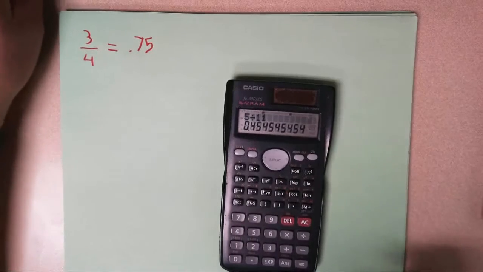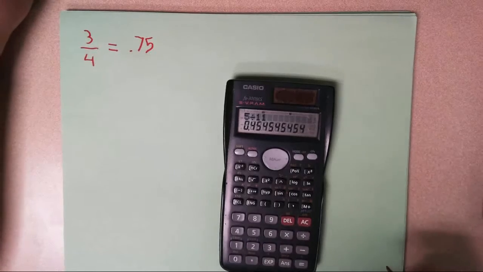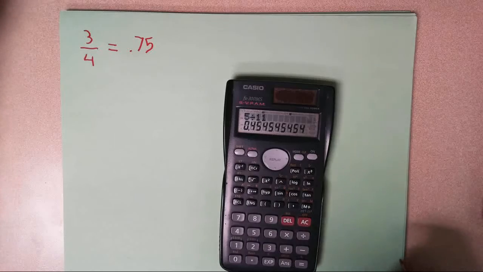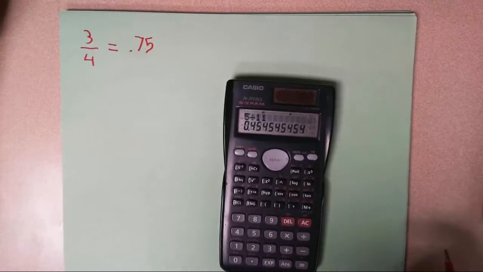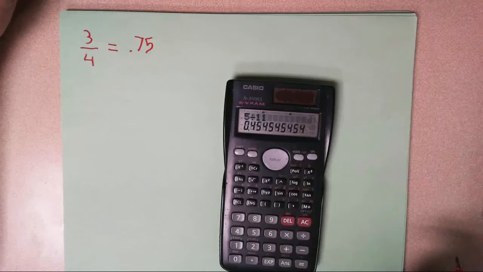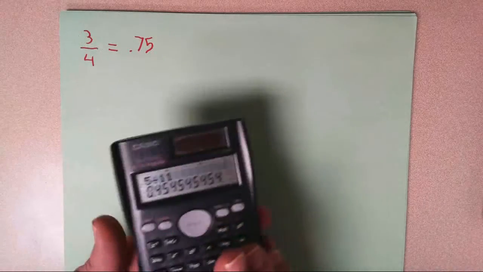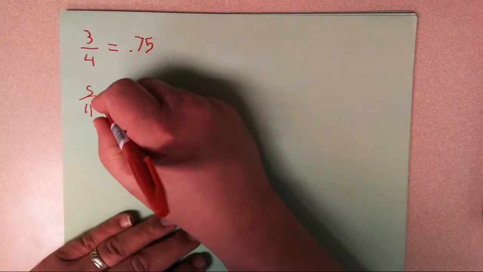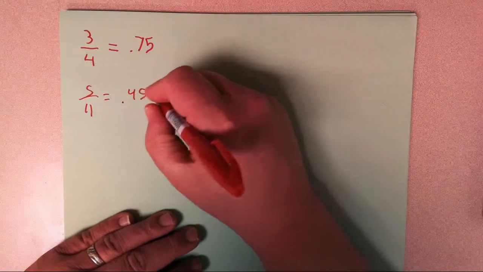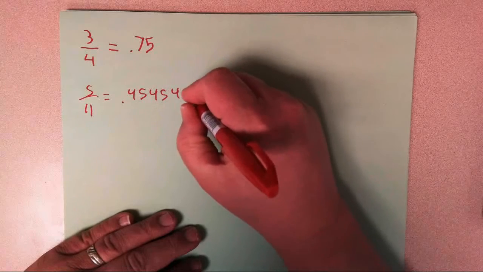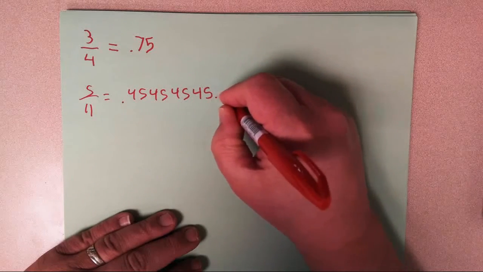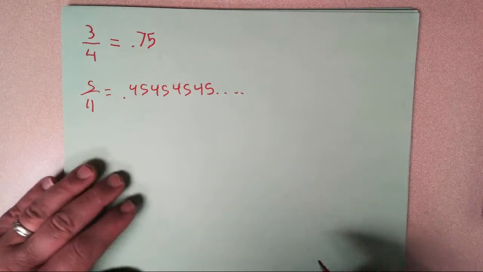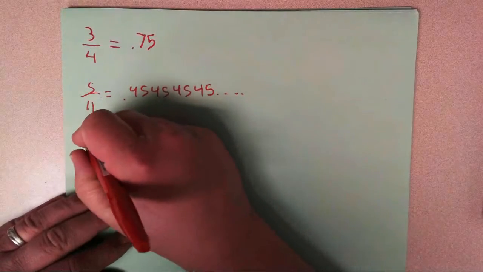And so when you're doing the homework on the online homework system from the publisher, it'll often tell you round to 2 decimal places or round to 3 decimal places, whatever it tells you. Okay, so let me actually write this down. If I do 5 divided by 11, this is 0.45454545, and it's just going to keep going on forever. Okay, so if they say round to 2 decimal places, or what would be